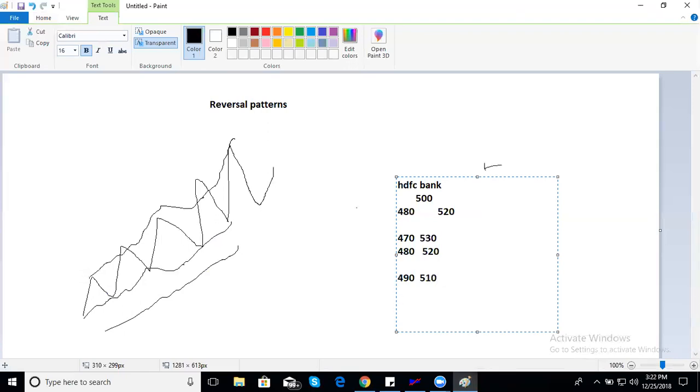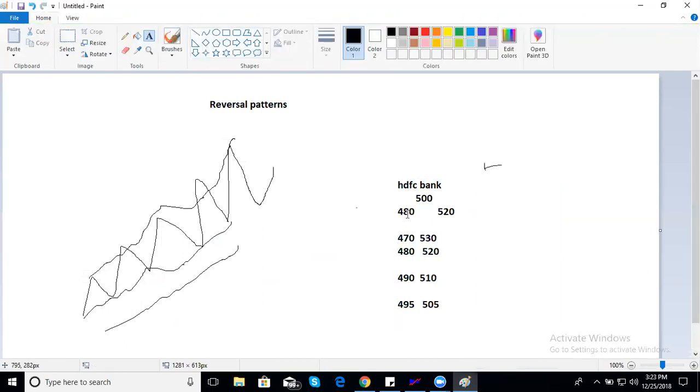Next day not even going beyond 495, and on the upside not beyond 505. What this means is, the first day it could go 20 points below, 20 points above. If the market has to go 20 points below and above, there should be some buying and selling. Looking at the participants, there should be decent enough participation to take the market 4% up or 4% down. Second day, 30 points up, 30 points down, which is 6% up, 6% down. That means there are aggressive buyers and aggressive sellers who are able to move the prices 6% down or 6% up.